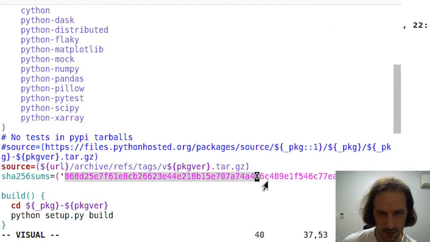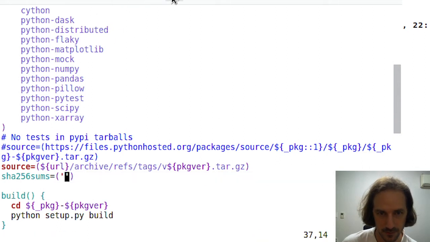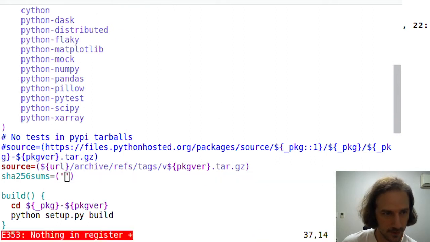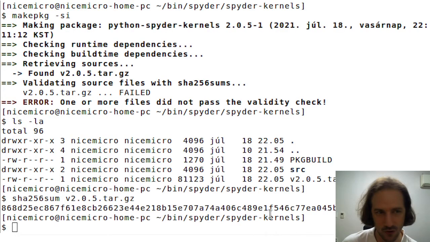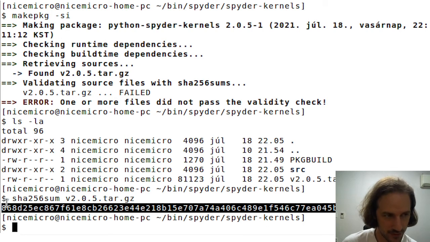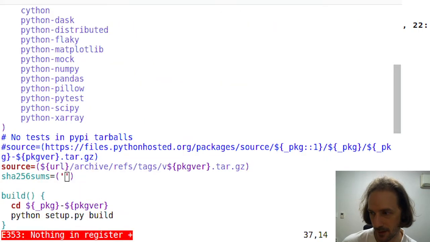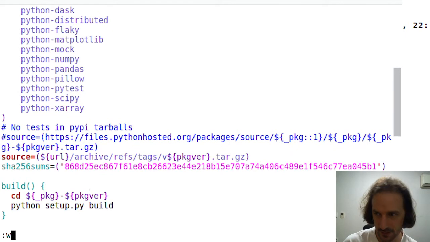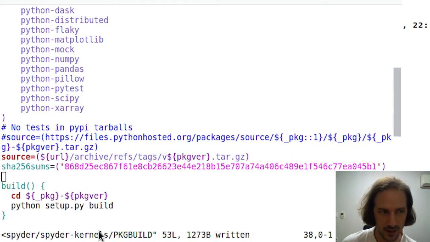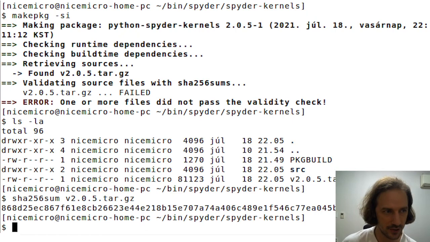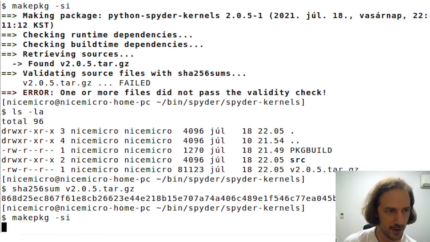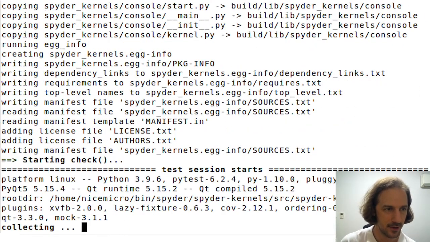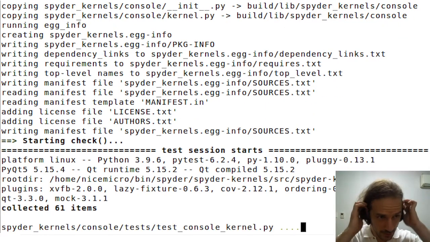Very convenient. Can I just overwrite it? No, nothing in register. Let me try it again. Control Alt C, and then go to gvim and paste. All right, now it worked. So let me save this file, and then let me go back to the terminal and run the make package command again. And now you can see this package will be built,